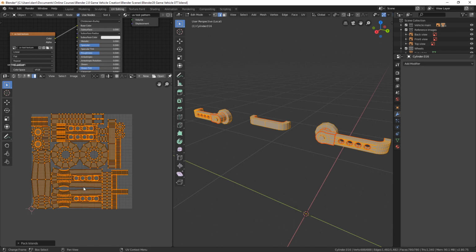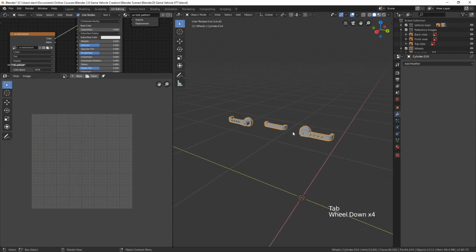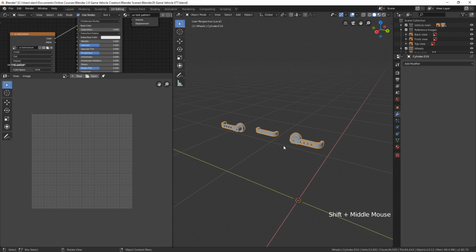I'm thinking about making 3 different UV maps, 3 different texture maps for the vehicle. One for the tire and wheel, one for the overall vehicle, and one for the machine gun. And those 3 UV maps will be used to do our texturing in Substance Painter. Okay, that's just an example of what we will be doing soon, but let's continue our work UV